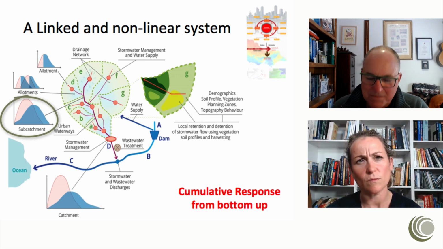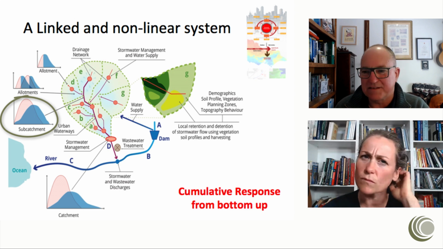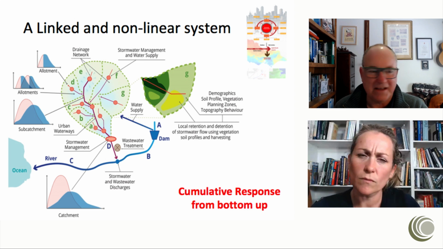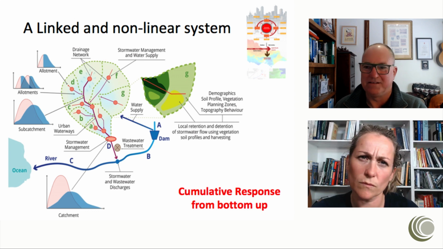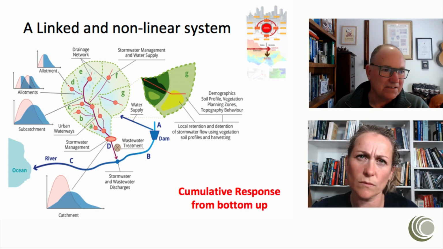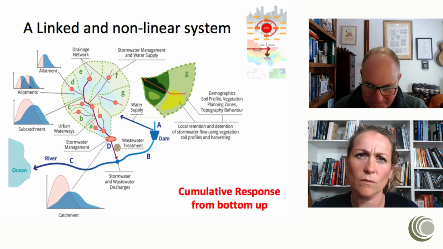So we get down to the sub-catchment scale, and what you're seeing now is the blue volume time graph is quite different to the original red one. It's got a different volume, a lesser volume, and an increased timing of flows. That's because the volumes have been taken out from rainwater harvesting or permaculture or vegetation or whatever the city planners